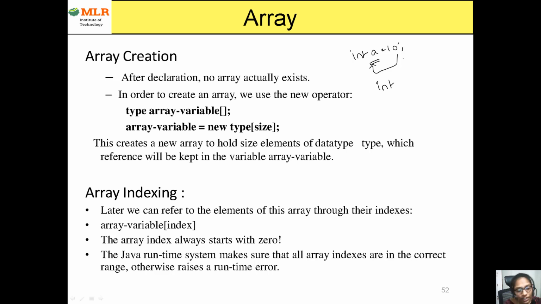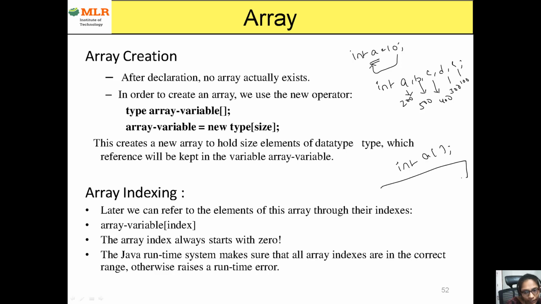sequentially, side to side, if I want to store 5 values, I can take A, B, C, D. But here the difference is the memory location for A may be 200, and for this the address may be 500, for this the address may be 400, 300 and 100. That means wherever the memory is free, at that place the memory will be allocated. But if you want to store all the elements together sequentially, side to side, then you need to use an array.